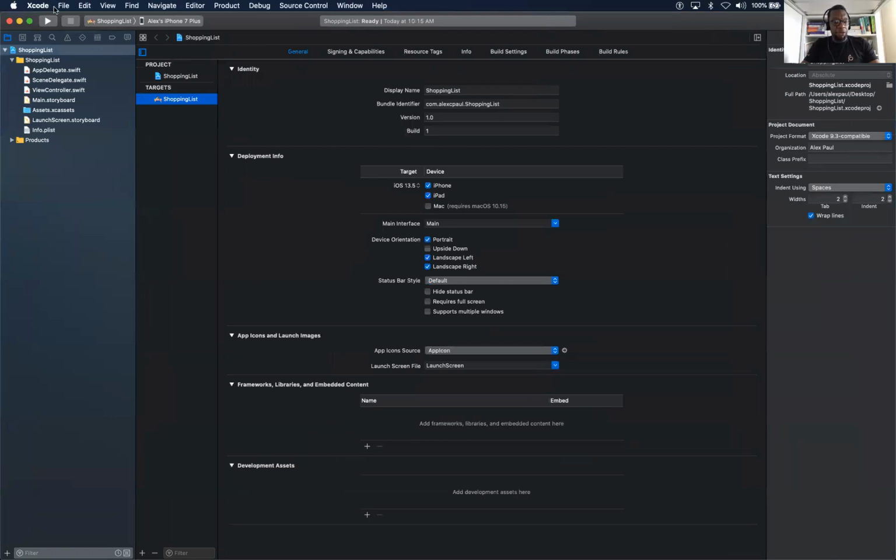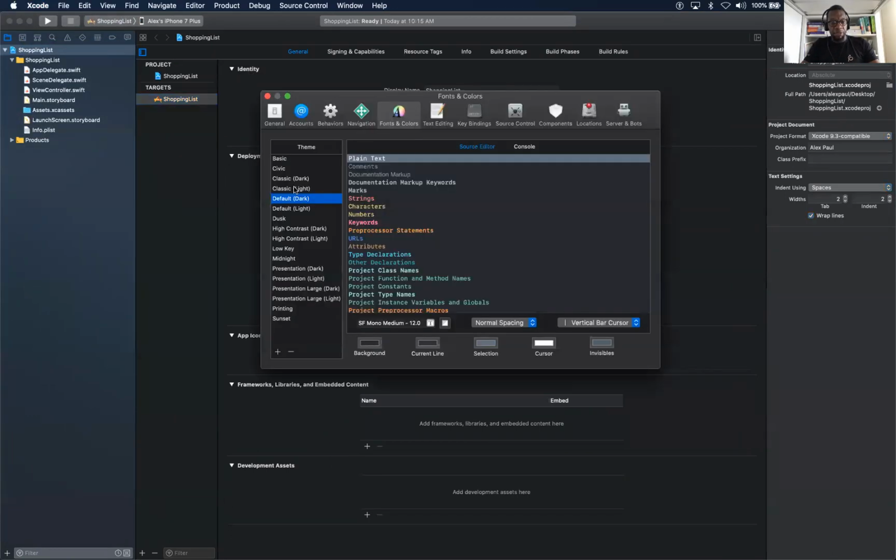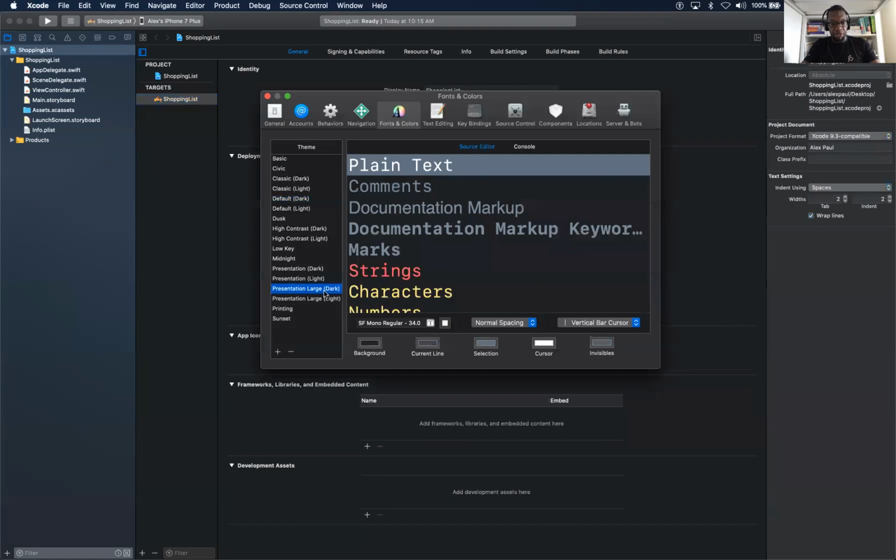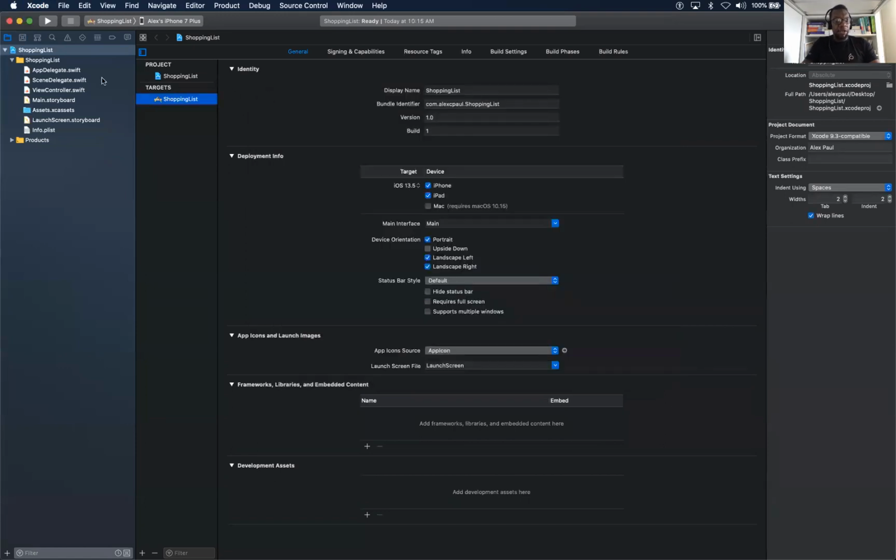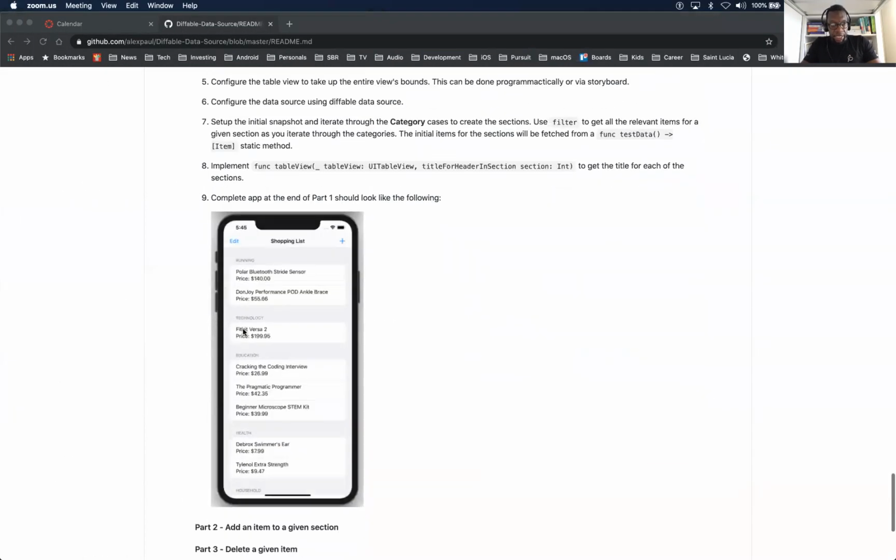And here we have our project. Let me change my preferences. Dark, large, it's fine. Okay, cool. So to quickly see what our app looks like, it looks like it's embedded in a navigation controller, correct? So we'll go ahead and embed our view controller in a navigation controller. We're not gonna add the items right now. We'll add that in code later, but we'll just give it a title for now.